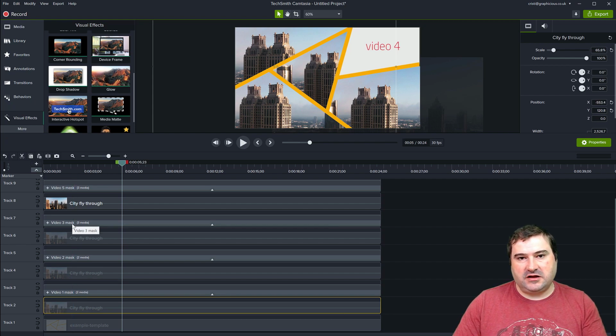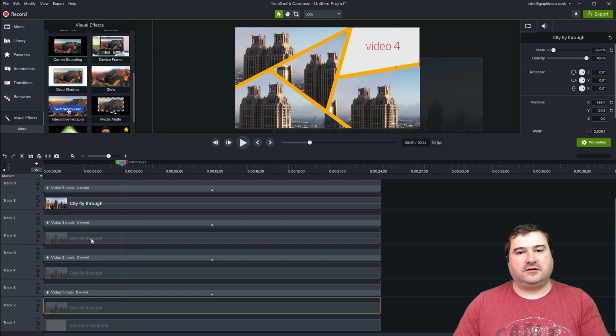So these media matte effects work on the track immediately underneath them, or the next track that has content just below it. So if you move this track up or down, the effect breaks for that particular clip because it only affects what's underneath. So that's one important thing to note. And if you add them like this, you can create all the shapes at once, and then put all your clips and apply the effect in sequence until you get all the clips cropped and put inside of your shapes.